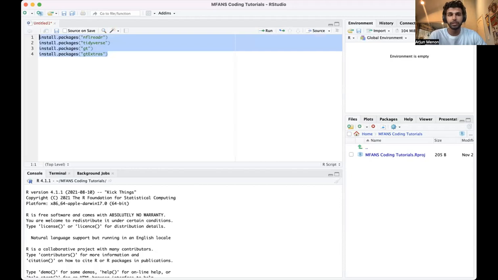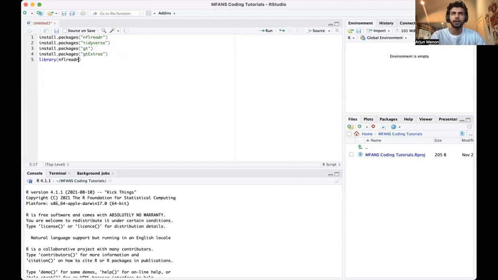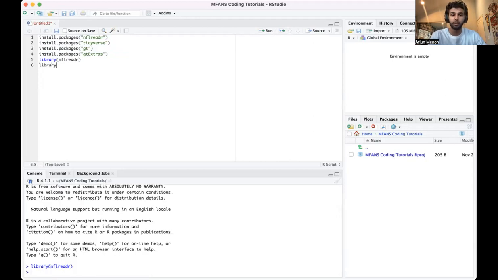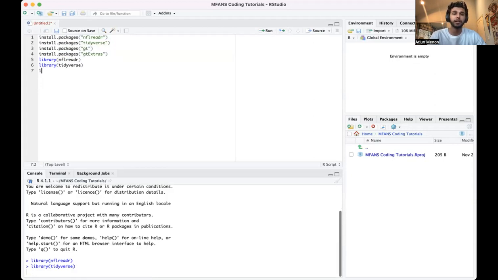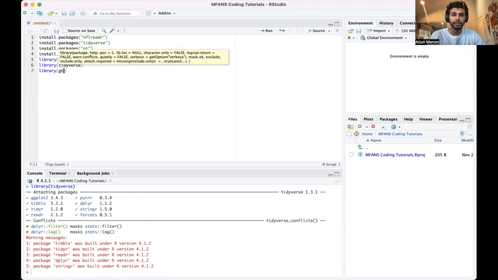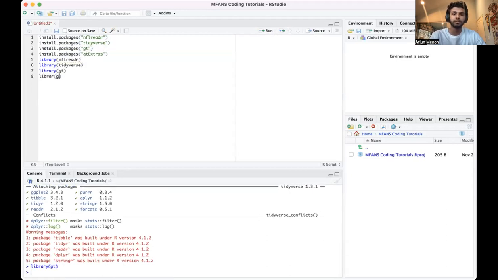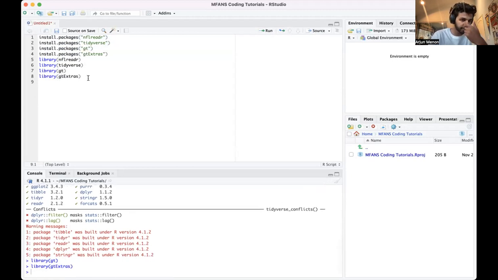Because I already have all of these installed, I don't need to run it. Instead, since I'm using a new R window, I'm going to need to read these into my library. So I'm running library NFL Radar, library Tidyverse, library GT, and then library GT extras. So once you have these 8 lines of code run, what we can first do is we are going to